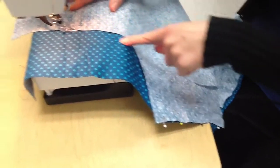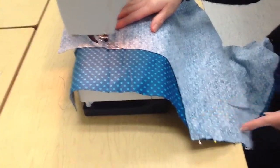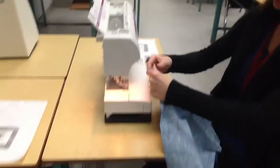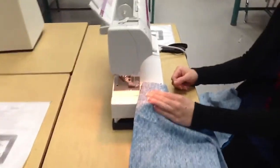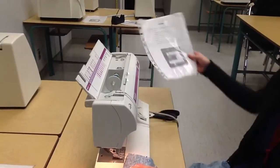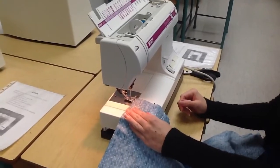Don't worry that over here isn't matching. Nothing else needs to be matching, only the inner leg seam here. Once you have it pinned, before you start to sew, you need to check your stop sign. With your stop sign, you need to make sure that your settings are set correctly. Once your settings are set correctly, you're going to do the exact same thing that you did on your seam